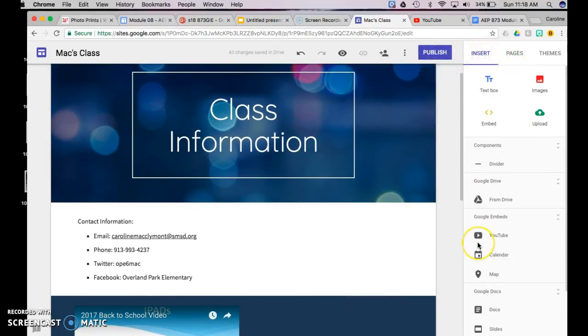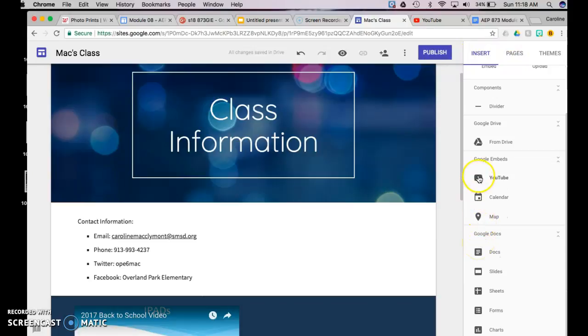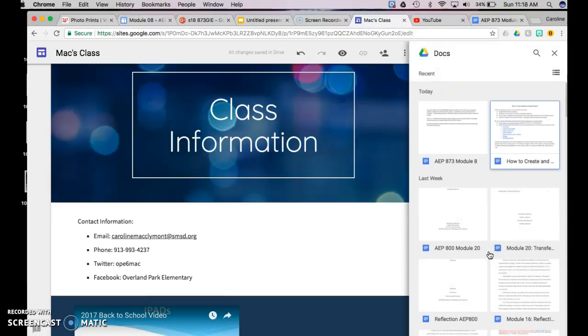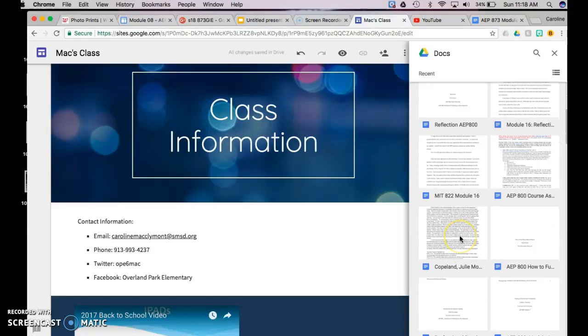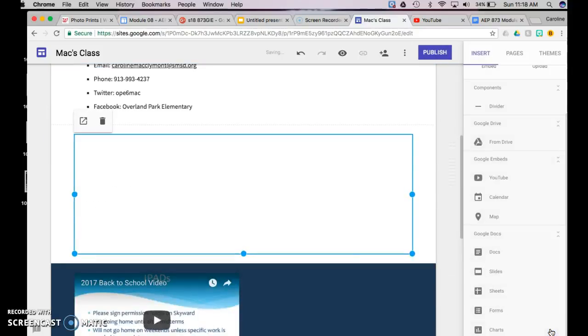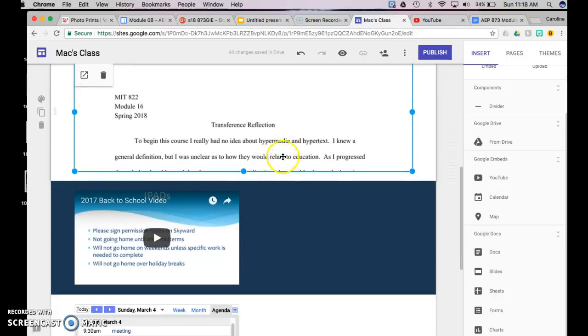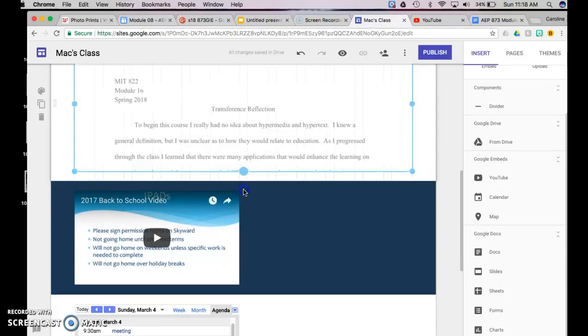You can also add a map, or I showed you in the previous video how to add a YouTube video, and you can add things from your Google Drive. If I wanted to add a syllabus for my class, or if I wanted to add a rubric, I would just click on the Google Docs, click on the module that I wanted to add. Let's just say I'm going to add that one, and insert, and there is my